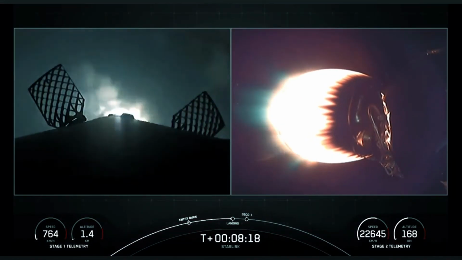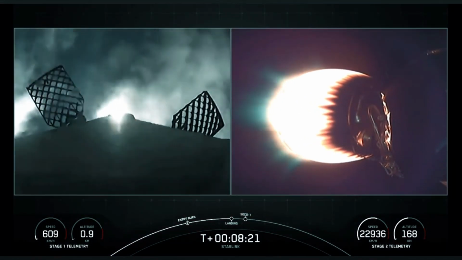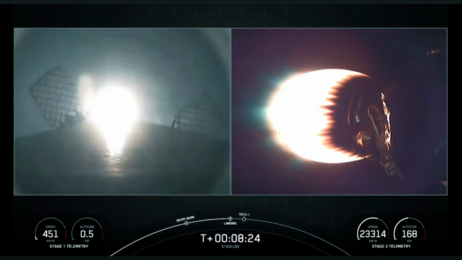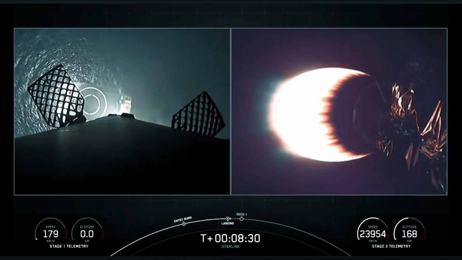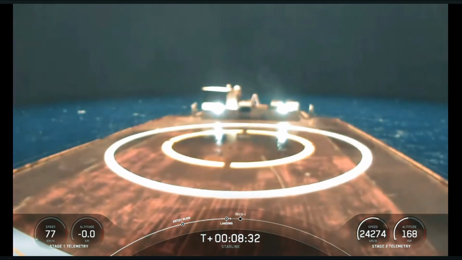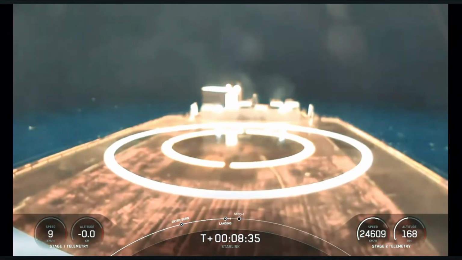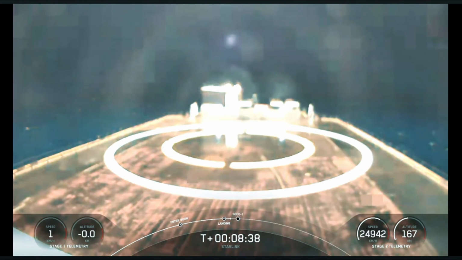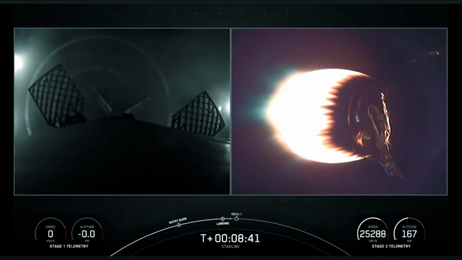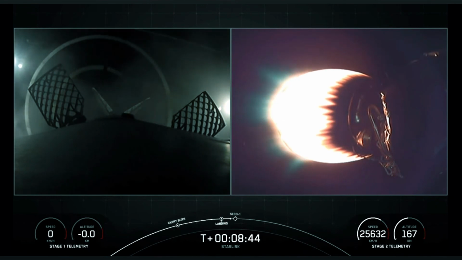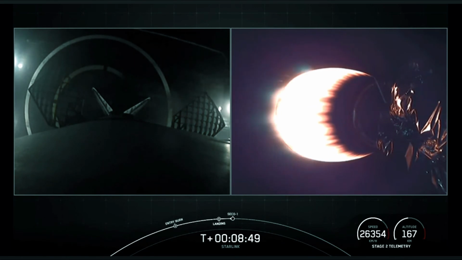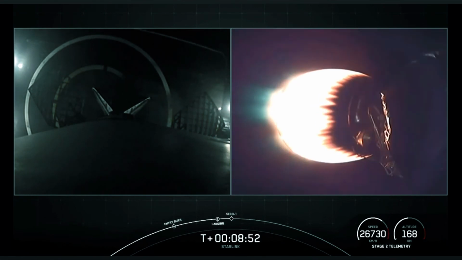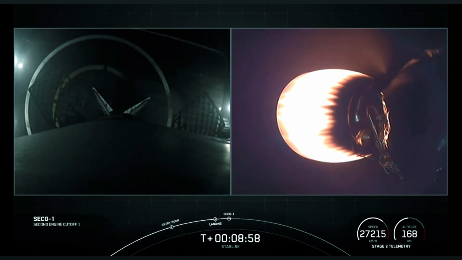Stage 1 landing burn. The landing burn has begun. Let's watch and see if this Falcon 9 can land on our drone ship, Just Read the Instructions. And a really cool onboard view. Stage 1 landing leg deploy. And there you can see the first stage Falcon 9 has landed for its 7th time. This marks our 81st successful recovery of an orbital class rocket, and again the 7th flight and 7th landing